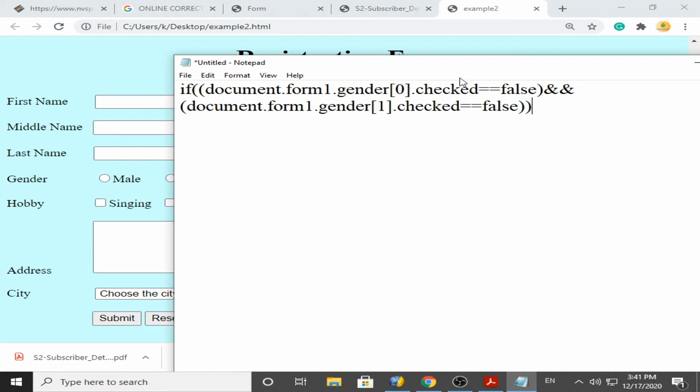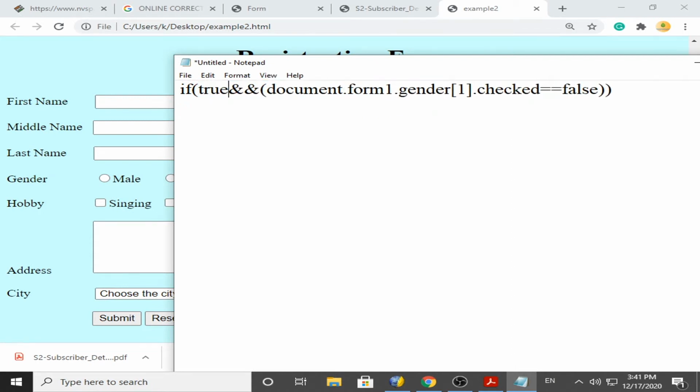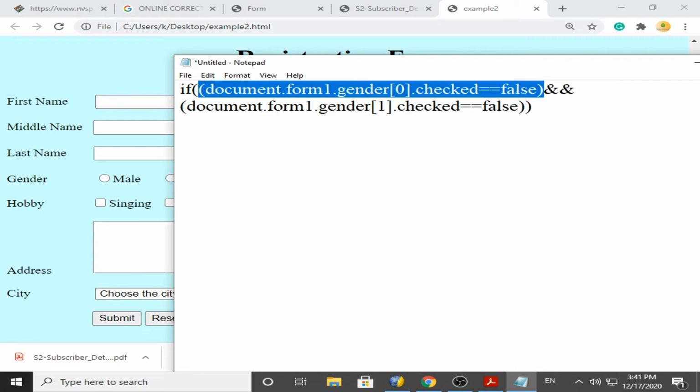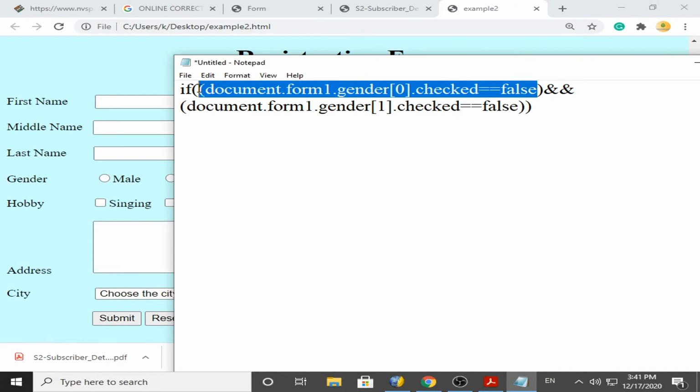In reality also it is not selected, so the answer of this part will be true. I repeat, gender 0 dot checked means this radio button is checked. The answer is no, it is not checked, and in reality also it is not checked. So the answer of this statement is true.